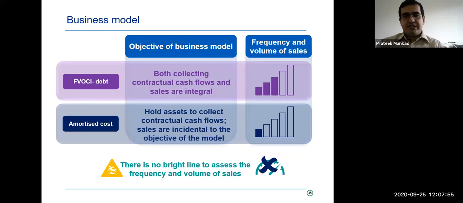Securitization portfolios, assignment portfolios, they will all come into question, or they will all call the business model into question. And to recap, the relevance of this is, if you conclude the business model is FVOCI, remember I have to fair value my loans. Now imagine a bank or an NBFC having to fair value all its loans every quarter. So it's an operational challenge, it's an audit challenge, and it's an area of judgment.